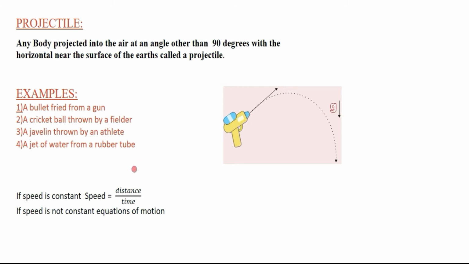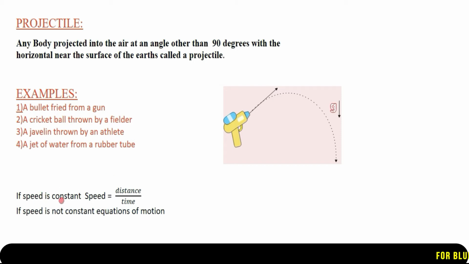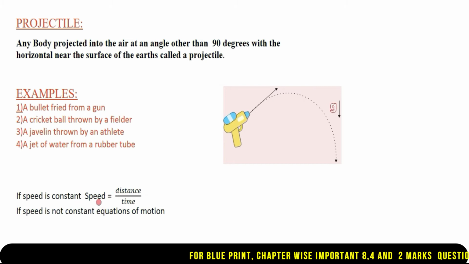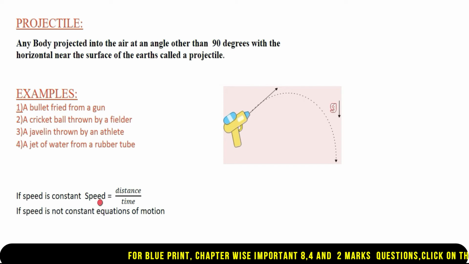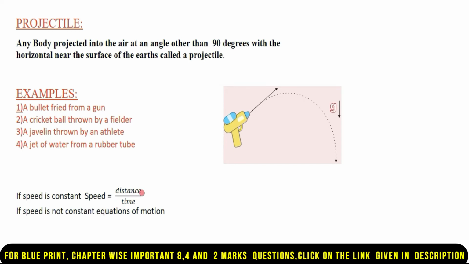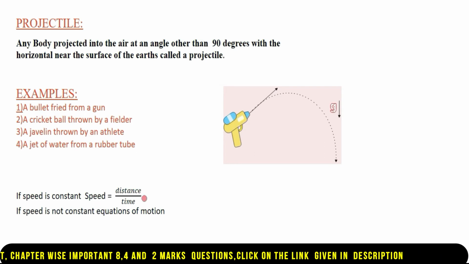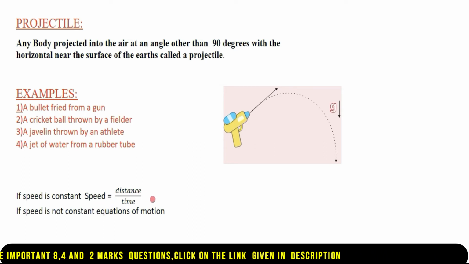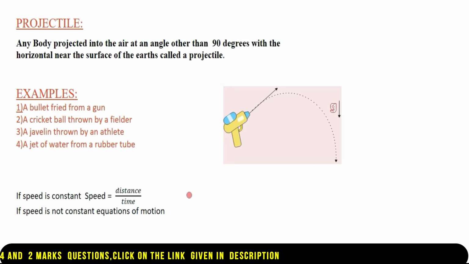Next, the other points that are useful for this derivation: if in any motion the speed is constant, then the only formula that we can use is speed is equal to distance by time, or distance is equal to speed into time. Speed is constant, that means acceleration is 0. So these equations of motion will get converted into distance is equal to speed into time. What I mean is, if you use s is equal to ut plus half at square, and substitute a is equal to 0 in that equation,